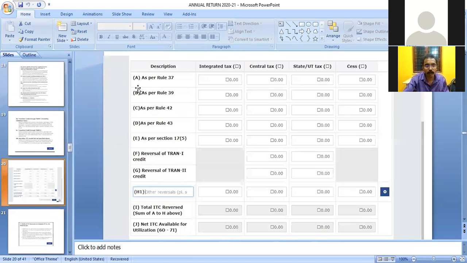In table 7, the columns are column 7 as per rule 37. If the taxpayer failed to pay the supplier for more than 180 days, then the ITC availed by the taxpayer shall be reversed proportionately. As per rule 37, rule 39 is in respect of input service distributor. If the taxpayer has issued any credit note to the input service distributor, then he has to reverse the proportionate